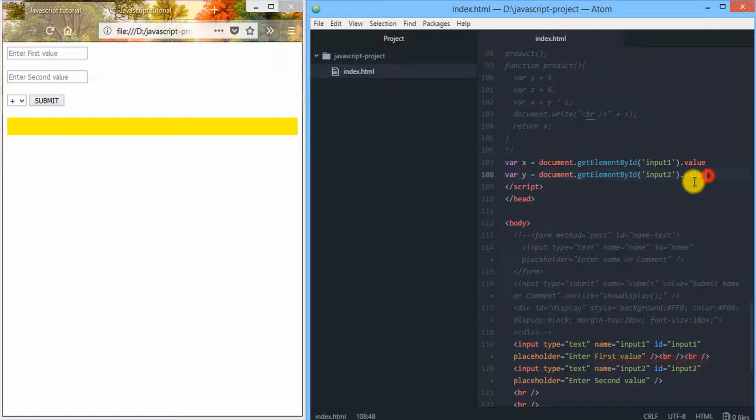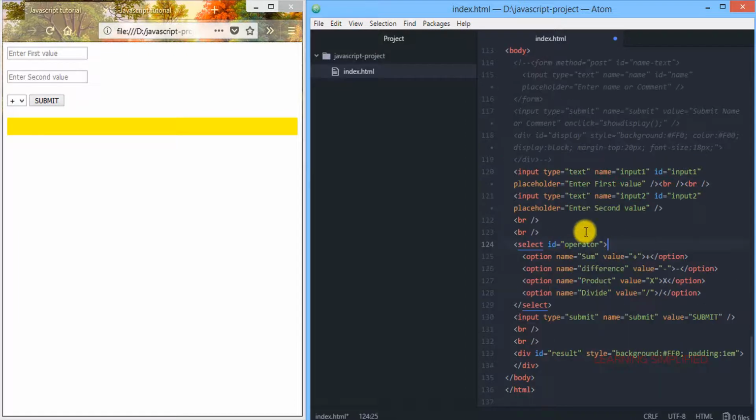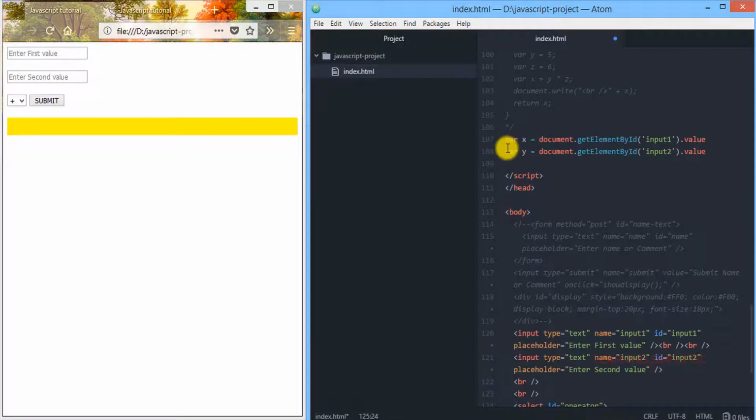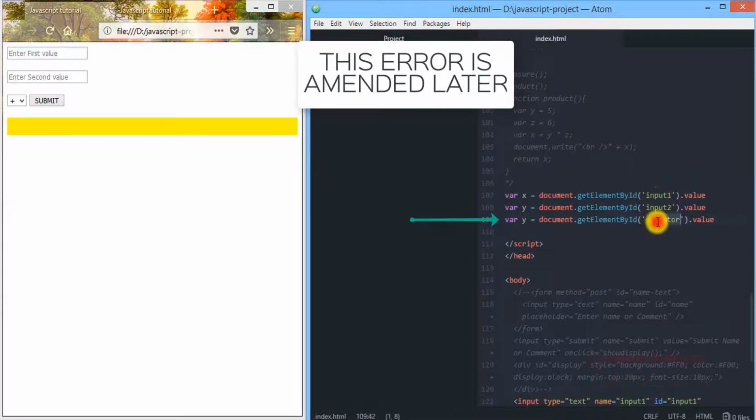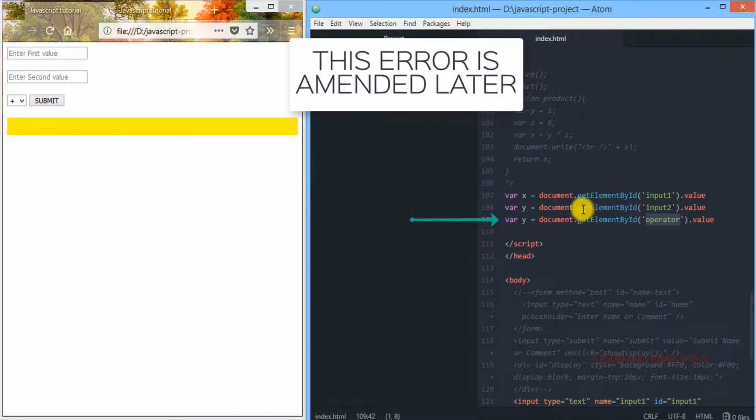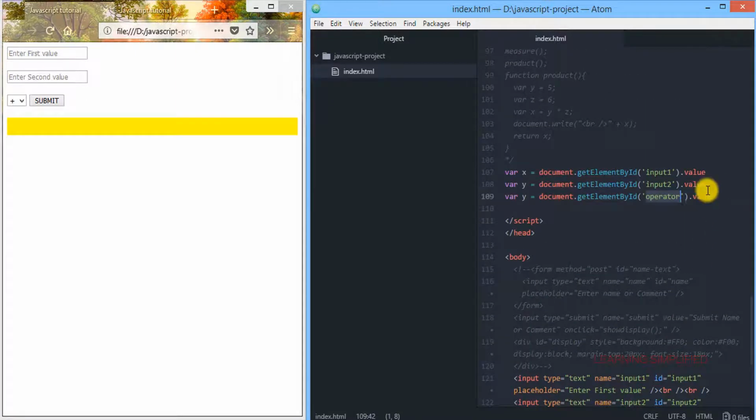This value should be retrieved, and the retrieved value should be placed in a particular variable, y here. And in the third case, we need to retrieve this value 2, which is the operator. So that's why we need to create another variable. This is the third value that we have to retrieve from our form field. So these are the three values that have been retrieved from the form field.